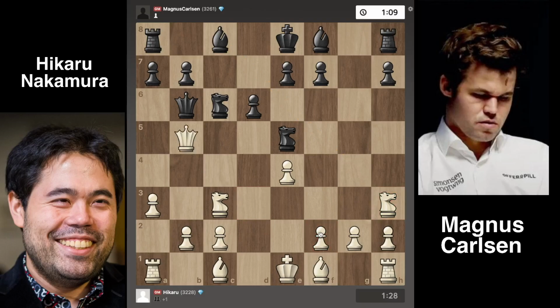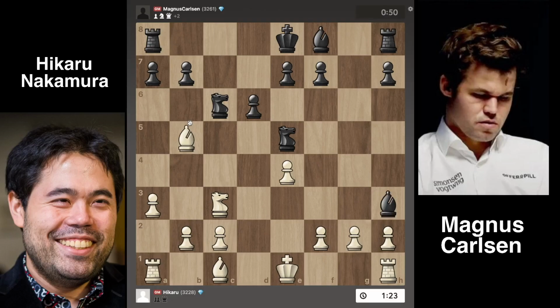Nakamura here sees all those threats and decides that, okay, if I remove the queen from the game, then all these checkmate ideas are not going to be possible. So he decides to trade queens, and after queen takes on b5, bishop takes on d5, we develop our bishop, we pin the knight, and here Carlsen decides, you know what, I'm down a pawn, I might as well destroy white's pawn structure. So he takes on h3, and after pawn takes on h3, Carlsen continues with pawn to a6,